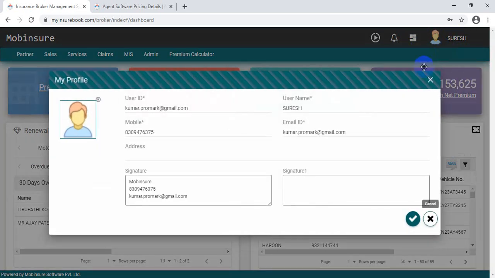When you click on this, whatever signature you set up in this place will reflect in your renewal reminders, and also in quotation sheets. So when you are sending a quotation to your customers, the signature will reflect there. So you need to set up your signature at this place.